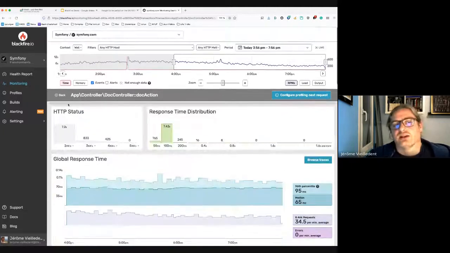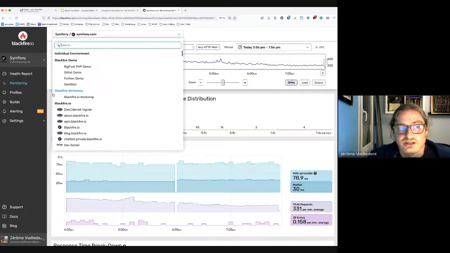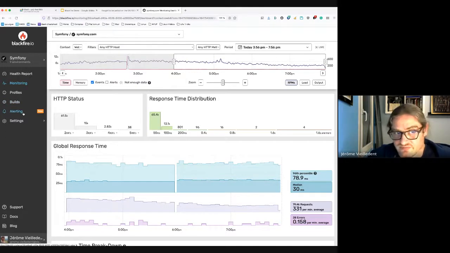Good. Now the last thing I want to show, that's quite a lot, right? But the last thing I want to show with Blackfire monitoring is the alerting system.